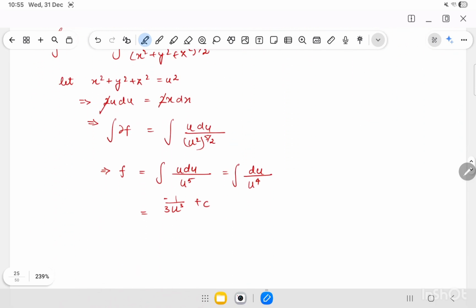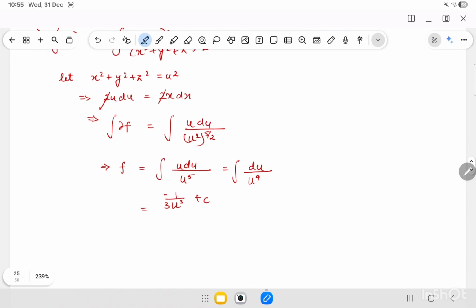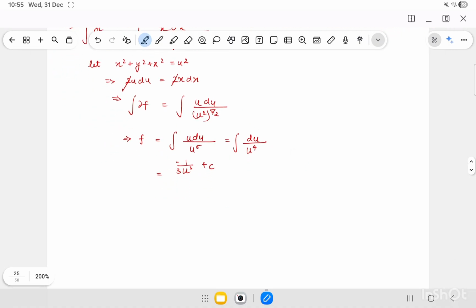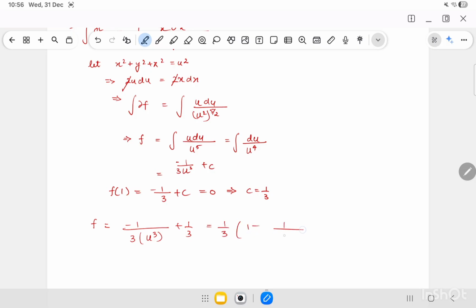Now if you see, in the question they have given us that f of 1 is equal to 0. So from here we'll get f of 1 is equal to minus 1 by 3 plus c equals 0. So that basically gives me c as 1 by 3. If I plug in this value of c in f, my f will be equal to minus 1 by 3u cube plus 1 by 3, which is equal to 1 by 3 times (1 minus 1 by u cube),